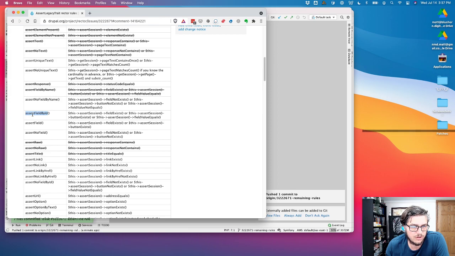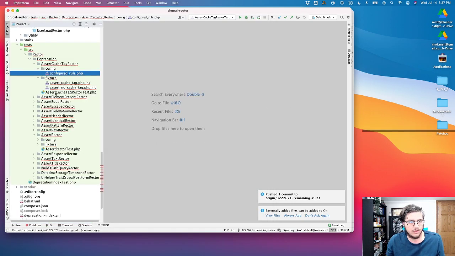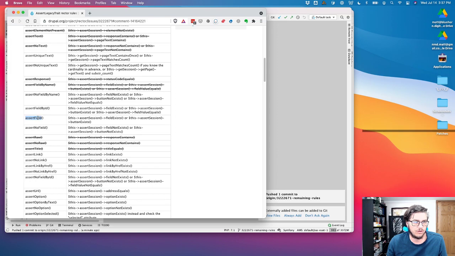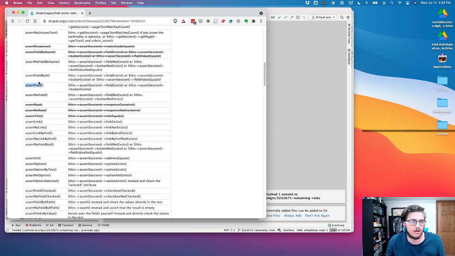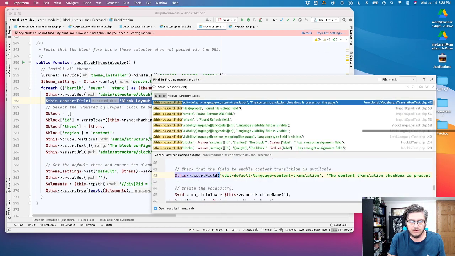this assert session or field value equals. Why would assert field by ID be field value equals? So some of these ones are more complex, but could be reused by existing ones. But maybe we could handle this assert field real quick. Or no, I want to go through. Yeah, let's look at assert field. I want to do something that's maybe a little bit more fun. So this assert field